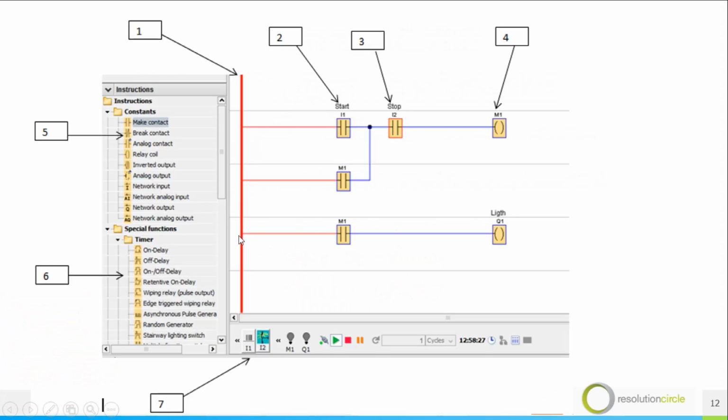In the workshop, Siemens logo, the PLC that you're going to start with, this is the interface. This is how the interface looks like. Number one, I've explained, that will be your power. Then number two, it's your contact for your start. Number three is the contact of your stop. Number four